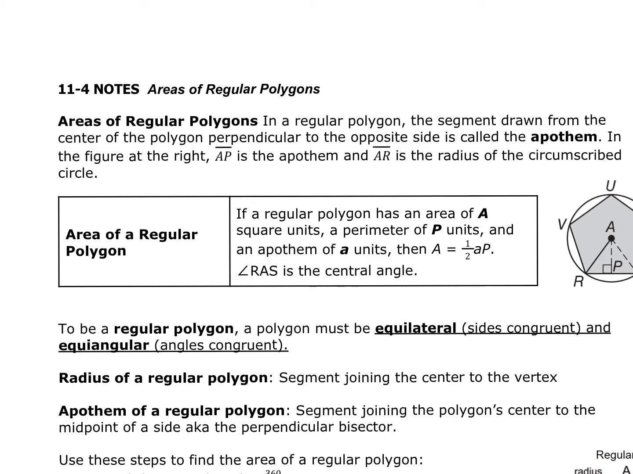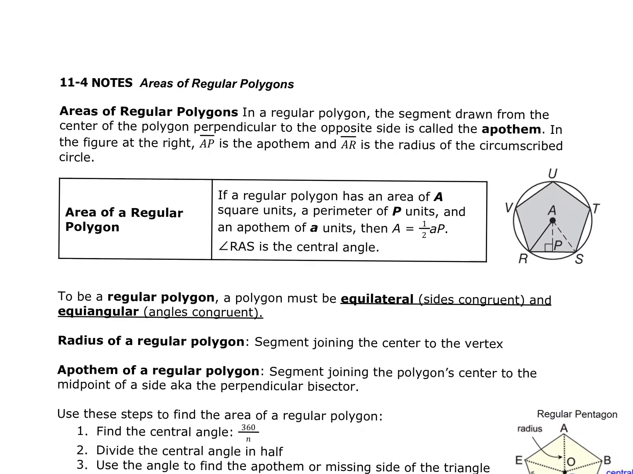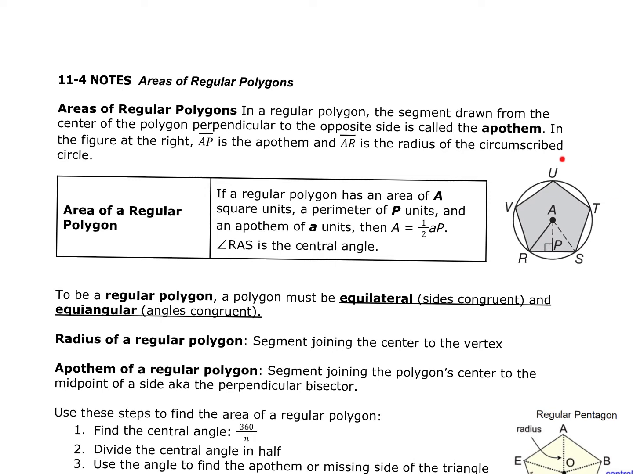Hello everyone. Today we're looking at how the apothem of a polygon can be used to find the area of a regular polygon. Now this term apothem is a little new, we haven't used it before, but in a regular polygon, that's a polygon that has equilateral and equal angular components, the apothem is going to be the segment drawn from the center of the polygon perpendicular to the opposite side of said polygon,